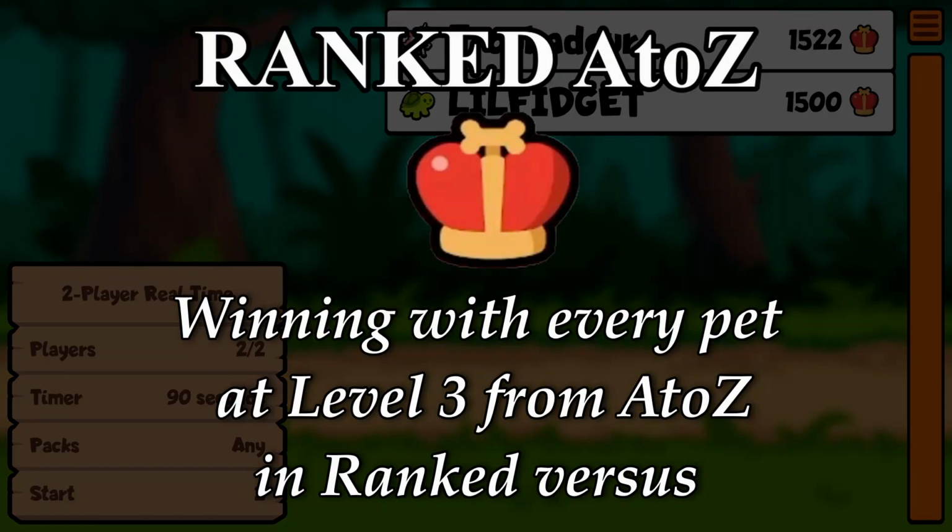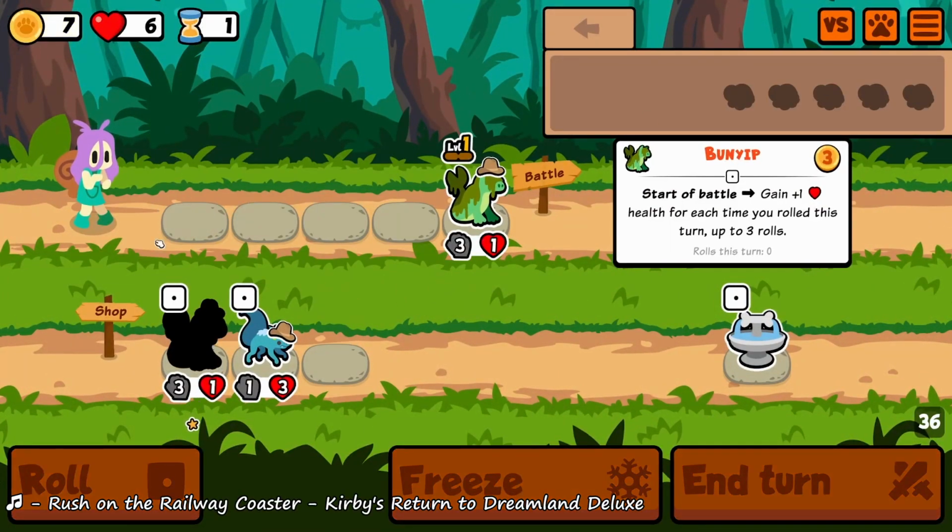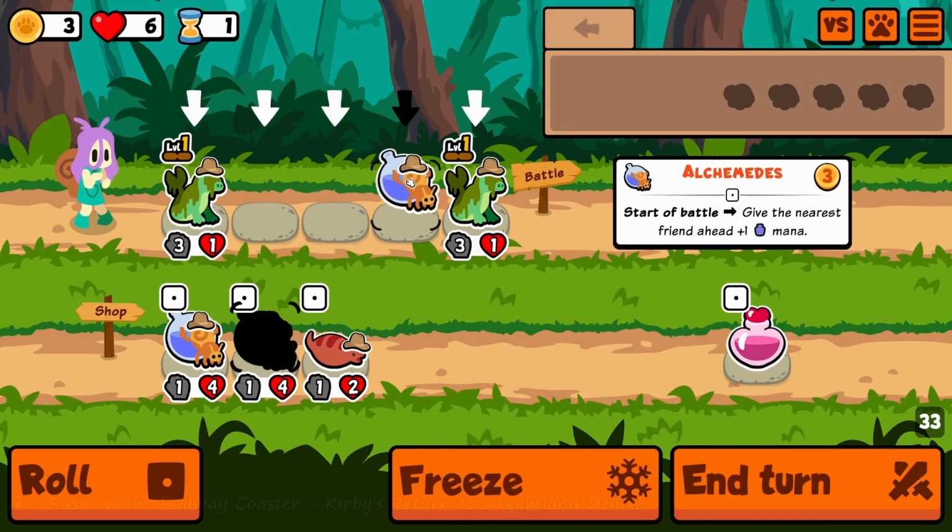Hello and welcome back to Ranked A to Z, a series where I win with each pet in the game at level 3 from A to Z in Ranked versus mode. Today we're back in the Unicorn Pack taking on a pet that I think is really strong, and that is